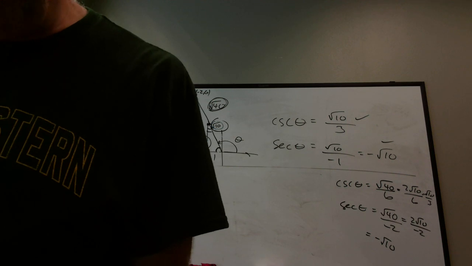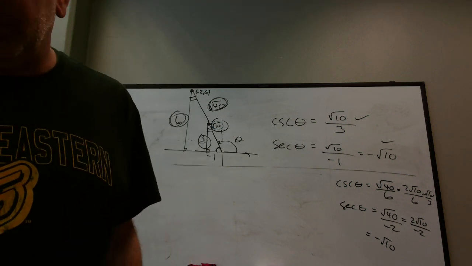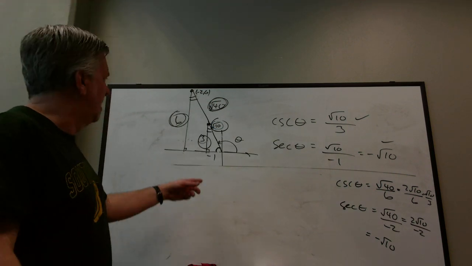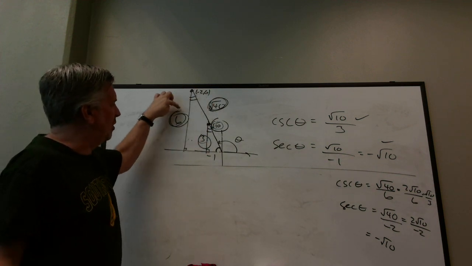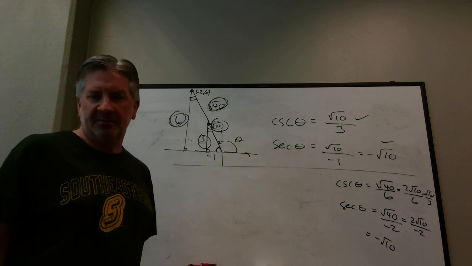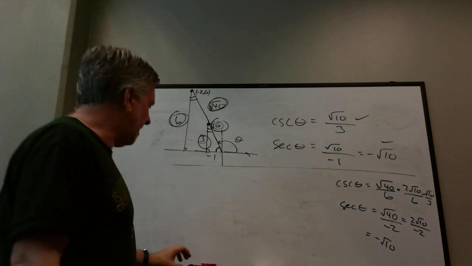So the note here, the values of the trig functions do not depend upon the point chosen on the terminal side. Why is this true? Because when you pick different points, you create similar triangles, so the ratios are preserved. Okay, so that's why it works. Okay, now the other type we're going to do,